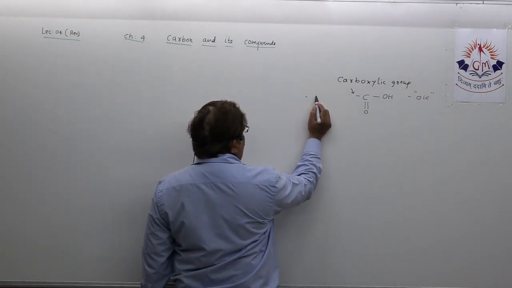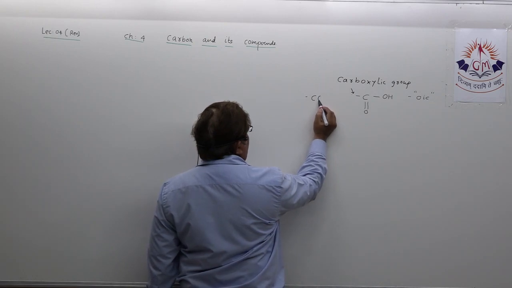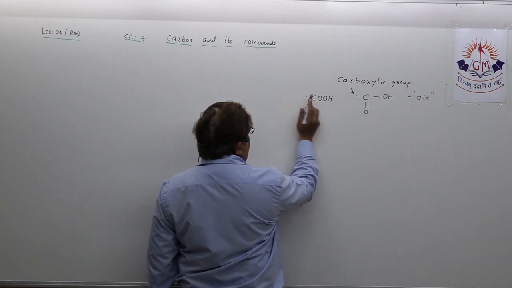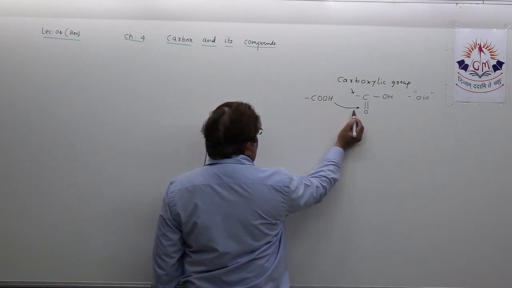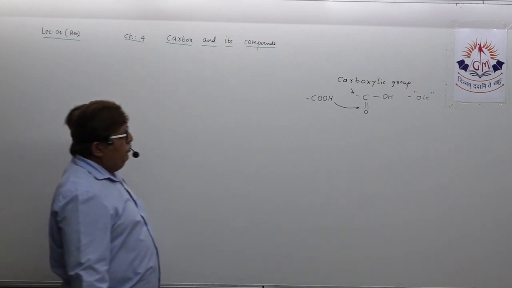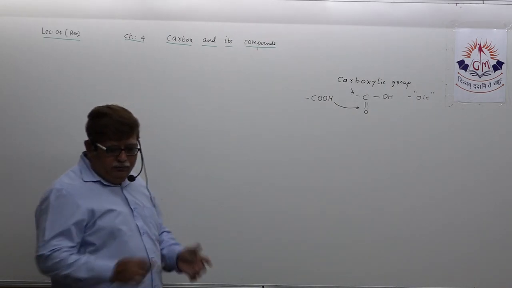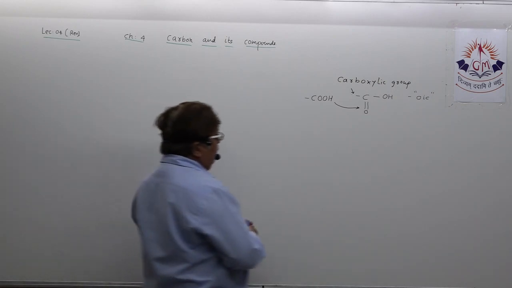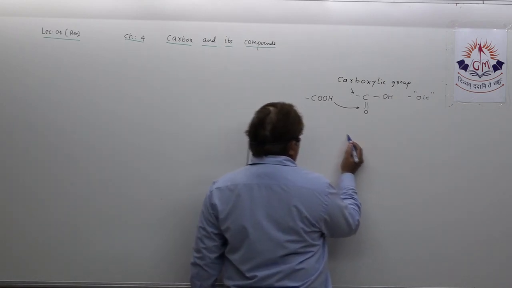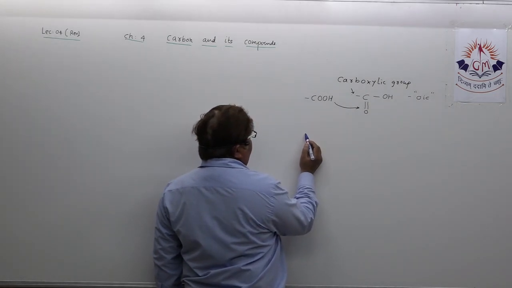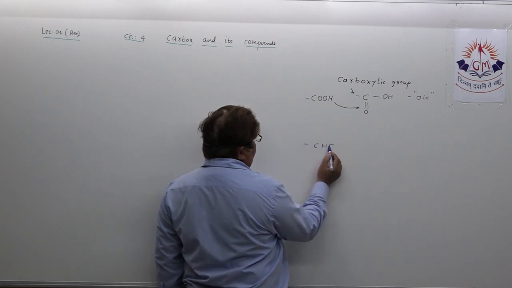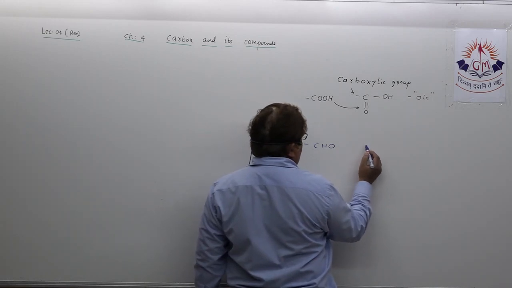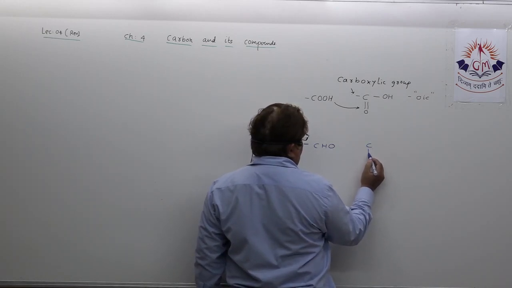Whenever it comes to the talk of the carboxylic group, you always write it this way, but that's the molecular formula. If you want to show it by a structural formula, it can be shown this way. Carboxylic group, suffix oic, you know. The second one, if you are simply asked, then you will write it this way. But in the format of the structure, you will write it this way.